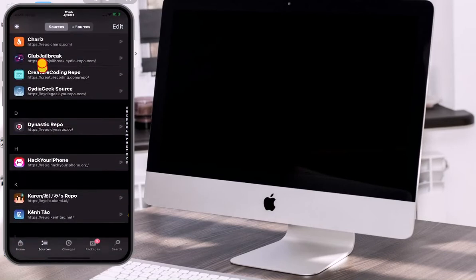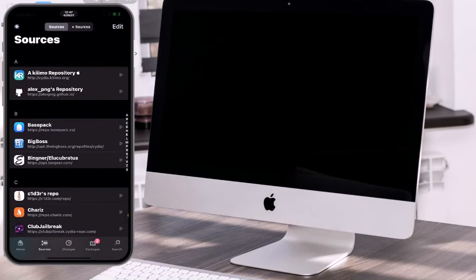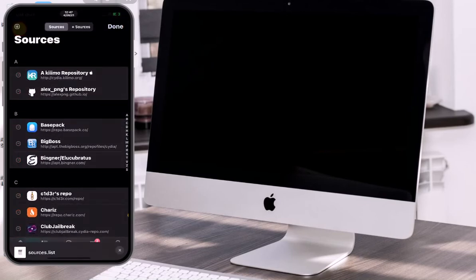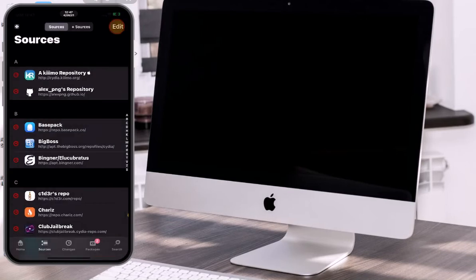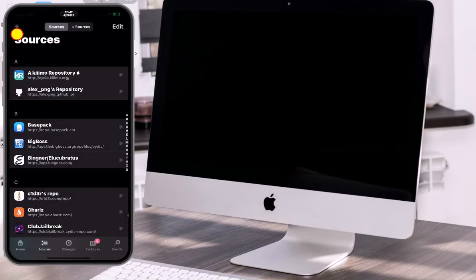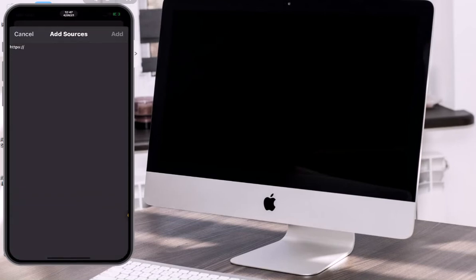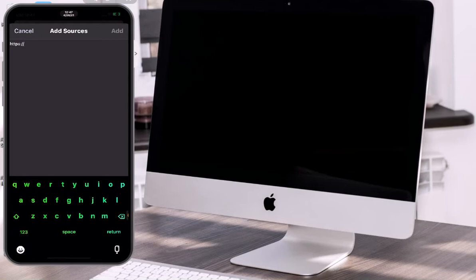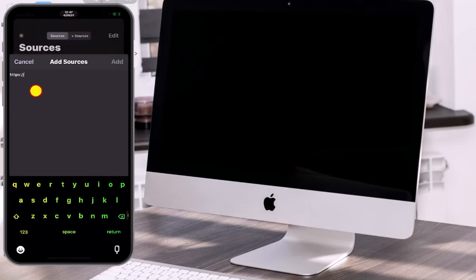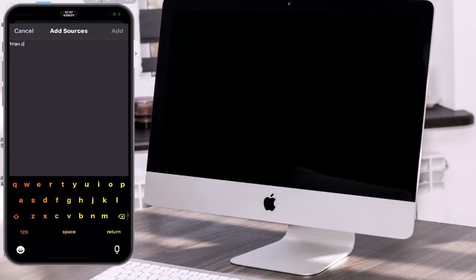And now the next option right here, you can do edit and add right there, or you can go to the plus sign on the top left corner. If we click on this, as you guys can see right here, you can enter a source URL, and you can add one by one, or you can add multi right here. So what you can do, you can add all the sources right here on this list, and then once you're done adding, as you guys can see right here, let me